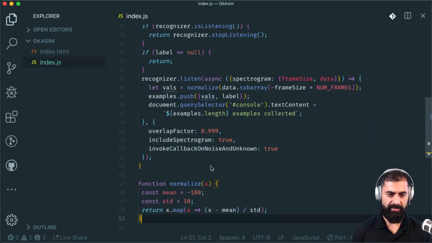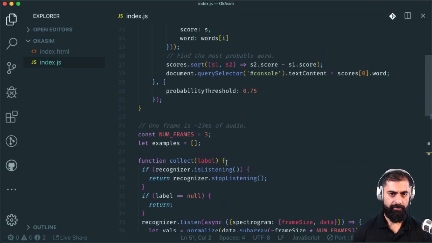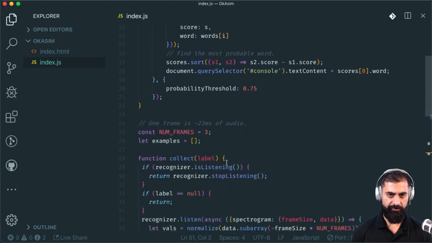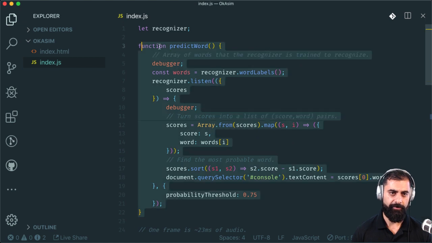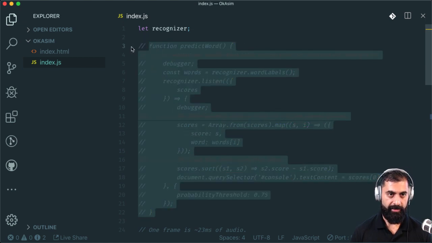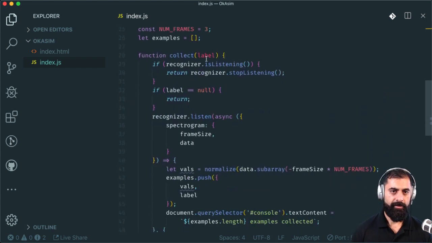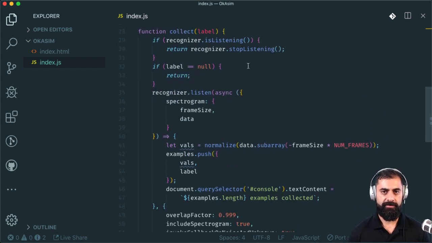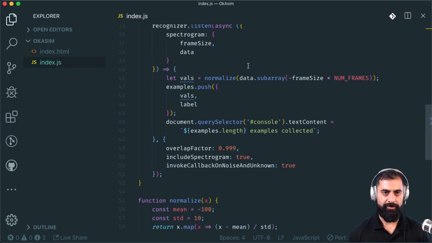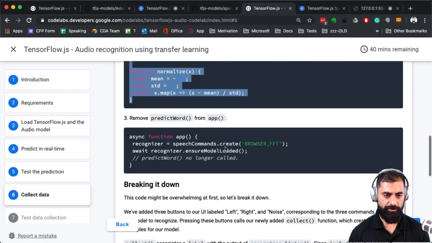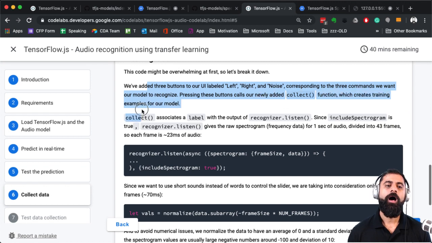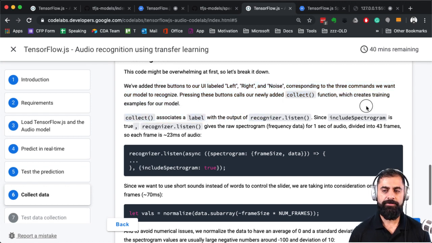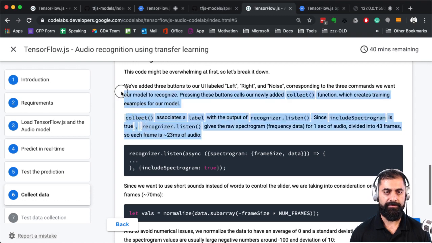Alright, so am I just supposed to add it there? Am I supposed to get rid of predict word? I think I'm supposed to get rid of predict word. I'm just going to comment it out, right? For now. Okay, so now we've got a whole bunch of new things happening, and I'm actually not 100% sure what it's supposed to do. Oh, this is doing what I want it to do. Excellent.